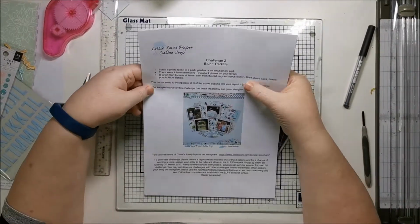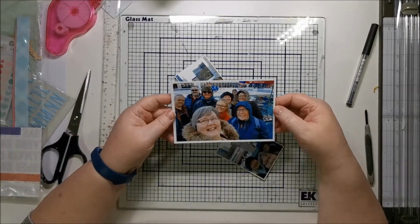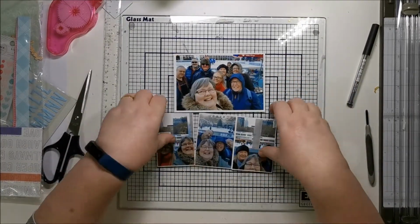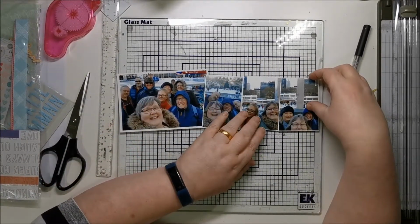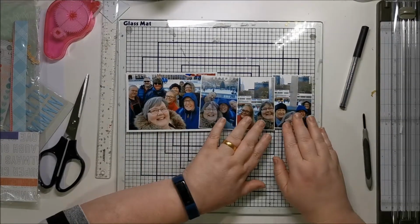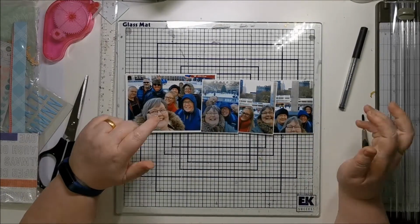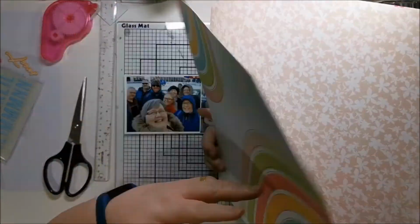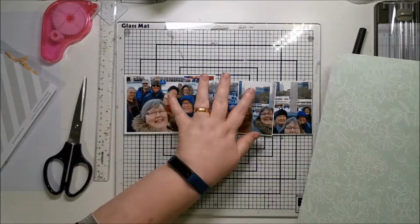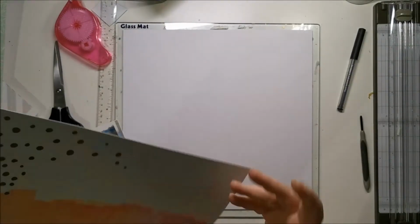Layout here for Little C Loves Paper online crop a few weeks ago. I'm still working through all the videos and layouts from that. I did quite a few, and choosing my pictures here, which are from Bryant Park in New York, for a big family holiday we had in November, and last couple of days of November, beginning of December. And this is me and my sisters and number 3 niece with our husbands and also our friends Nikki and Chris. Just choose some pictures for the background, then think, oh, do it on white,